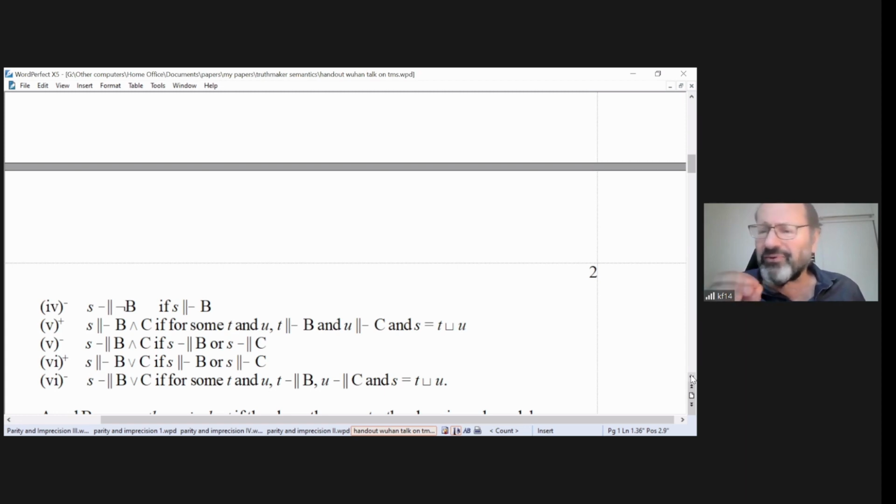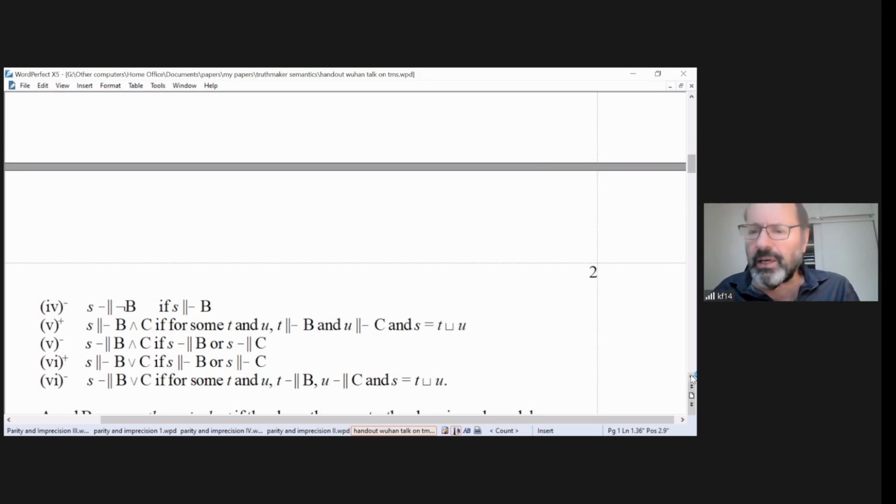there's a very slight difference from the standard clauses. Really, it's just the truth maker clause for conjunction and the falsity maker clause for disjunction. It's really the central point of difference from a monotonic semantics. Okay. Anyway, so those are the basic semantic clauses. Now, there's an issue that will come up later,